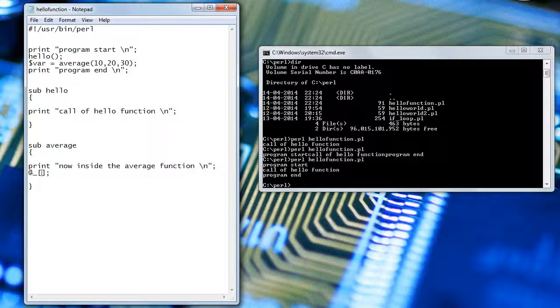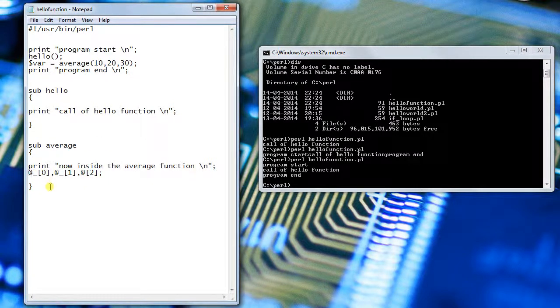How do we access each and every element of an array? We just give the index of that particular element. Now because there are three values, it is $_[0], $_[1] and $_[2]. These are the three values that we get inside this function from the calling function. So now 10 will be assigned to $_[0], 20 will be given to $_[1], 30 will be given to $_[2].